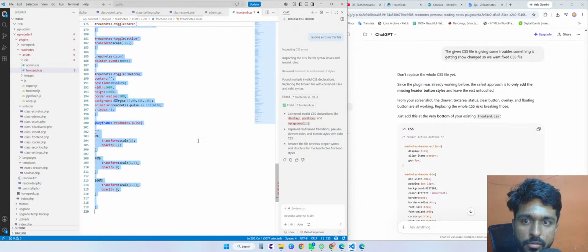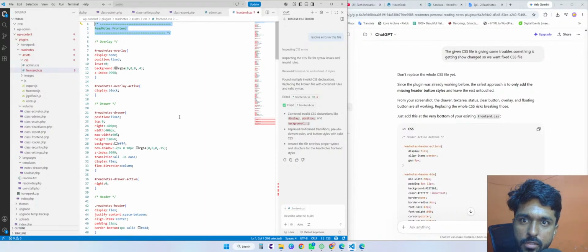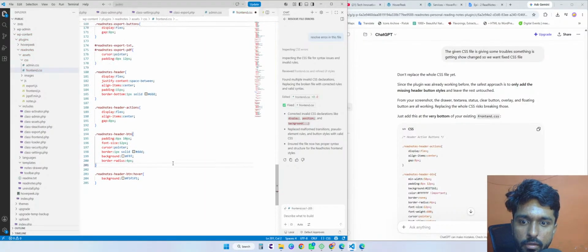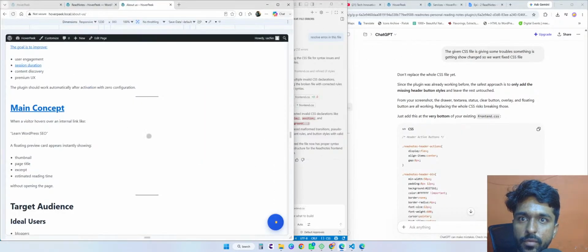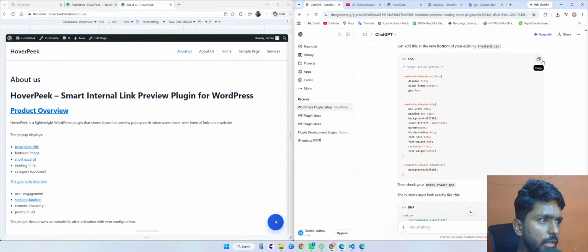So Control Z, Control Z, Control Z, and so on. Okay, right now it is working. So if I save it, and if I refresh it, it will work just like before, right? So I will copy this,